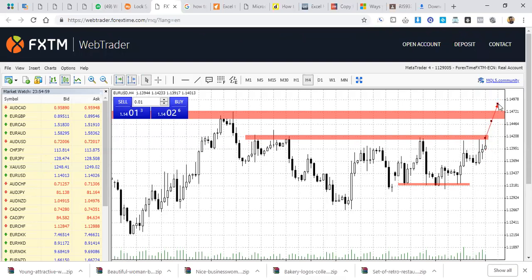If we break this level, say the market opens tomorrow and closes above it, we're going to push forward. Otherwise, if we reject this level, which I expected, and I remember I told you guys